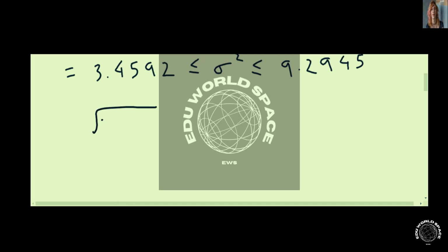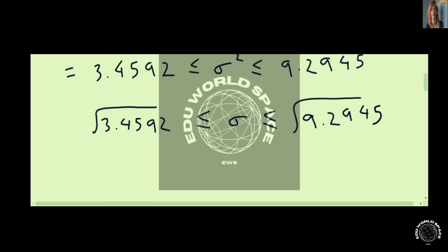So we get square root of 3.4592 is the lower limit, which is less than or equal to the population standard deviation, which would be less than or equal to the upper limit, which is square root of 9.2945. If you solve this, you'll see that the boundaries for a confidence interval for the population standard deviation are